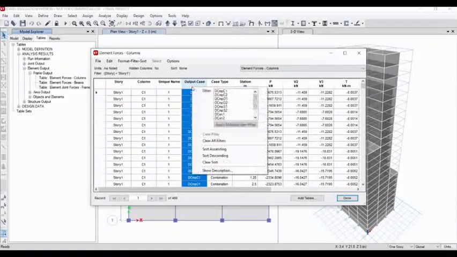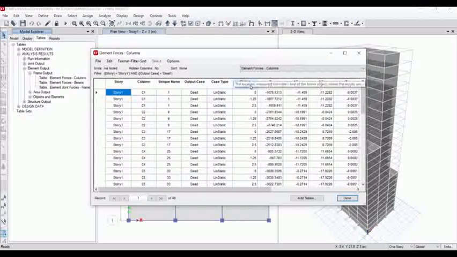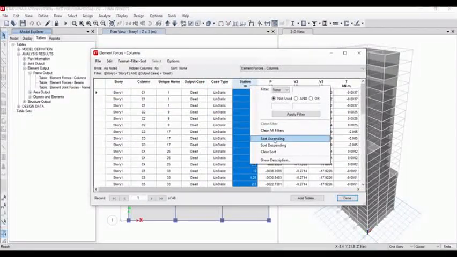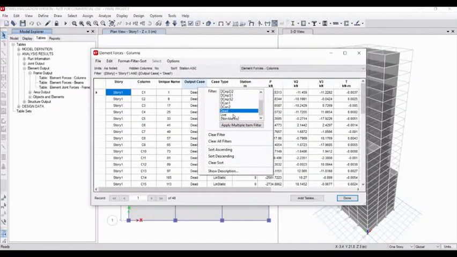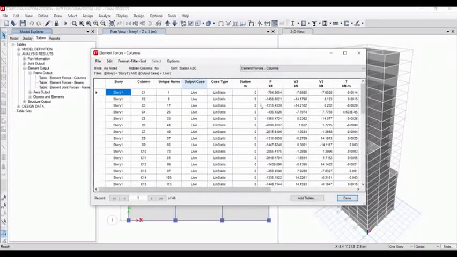In the output case we first go to dead, and for the station we go to 0, so we sort it ascending, and here you can see the axial loads which are going to be used in our cases. For live load we go here and select live, and we get the live load, which is to be used as we have seen earlier. I click on done, and it is here for the C2 column.